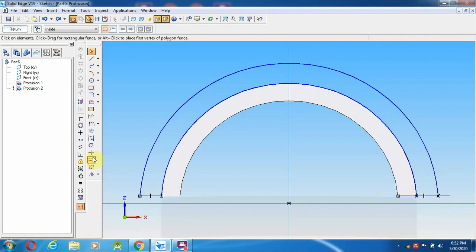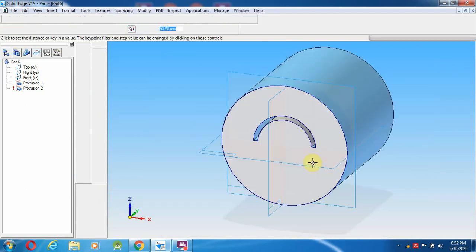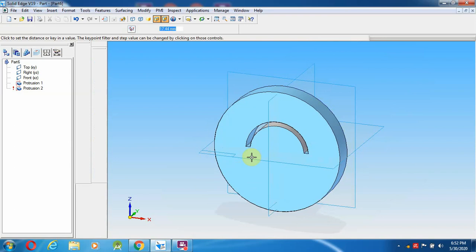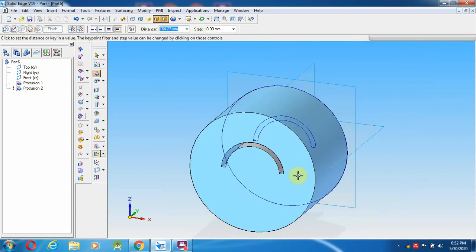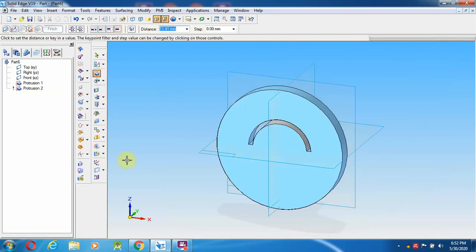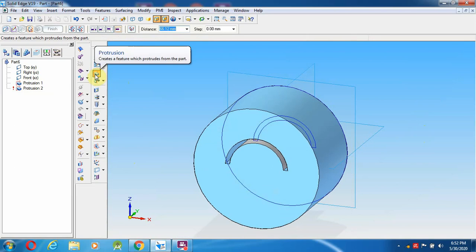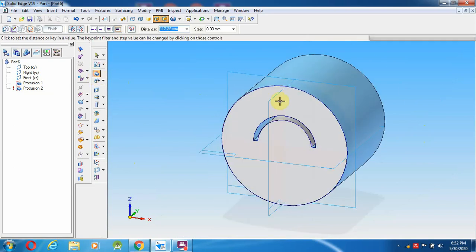So the trim is as well as this one. Now I am going to return. The big circle has to be created over here. That's what it's coming over in this manner.